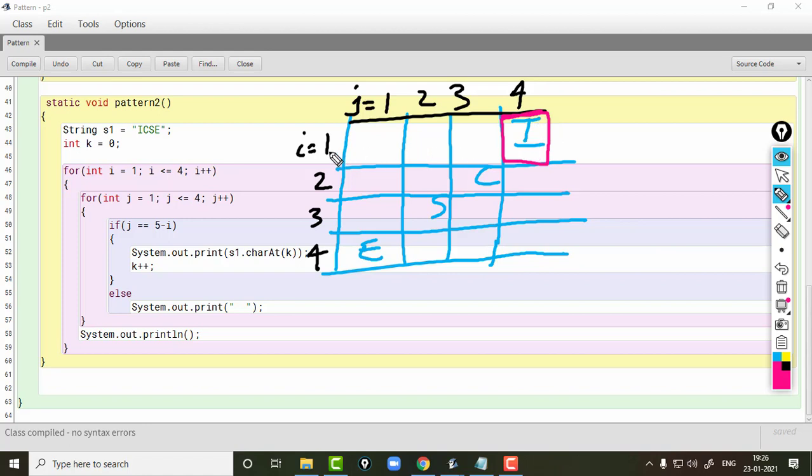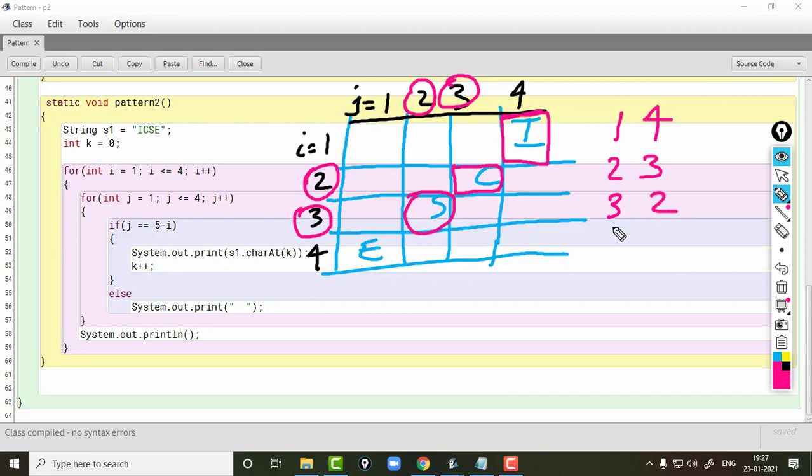I should be printed when i is 1 and j is 4. C should be printed when i is 2 and j is 3, so I'll write down 2, 3 here. Then S should be printed when i is 3 and j is 2, so I'll write down 3 and 2 here.